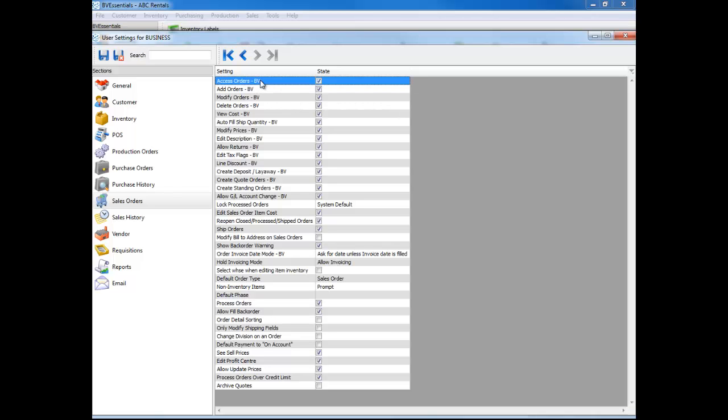Okay, in sales orders, remember that anything with a dash BV behind it means that the setting changed here also changes it in Business Vision and vice versa. So the first setting is whether they have access to the sales order list. Can they add orders, modify orders, delete orders, whether they can view the cost while creating an order or seeing it on the list, whether they can auto-fill an order or whether they're set to auto-fill an order, which means